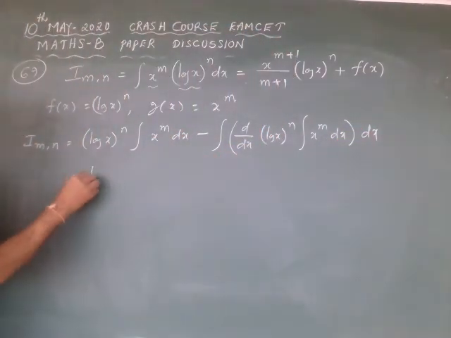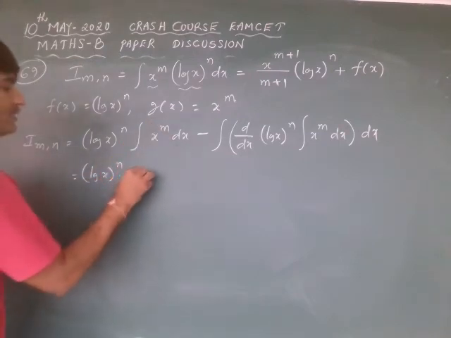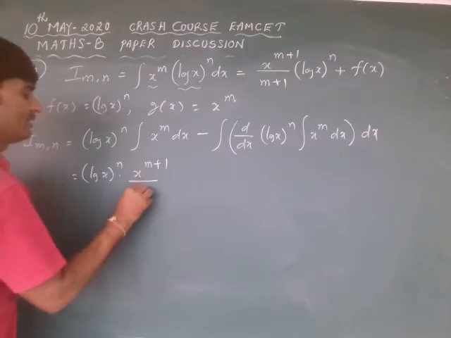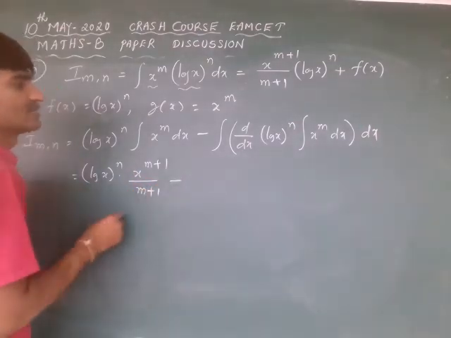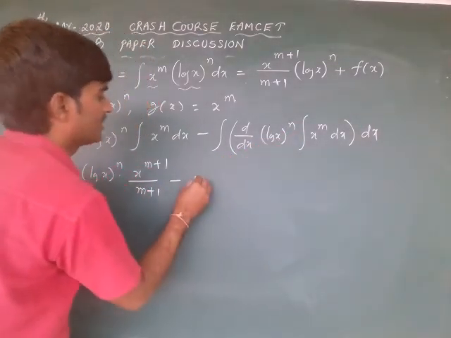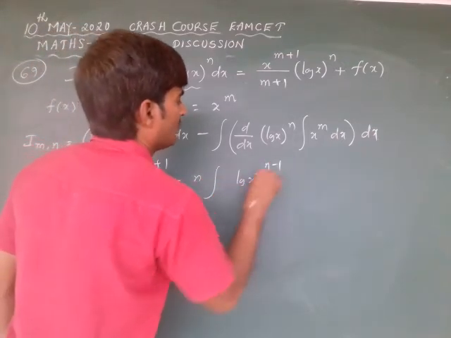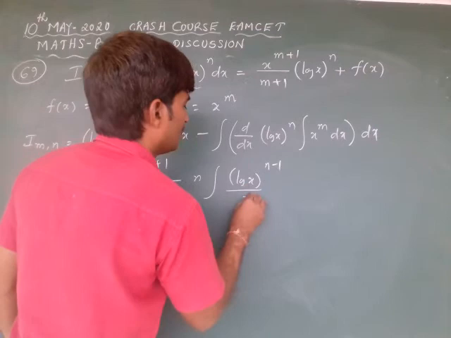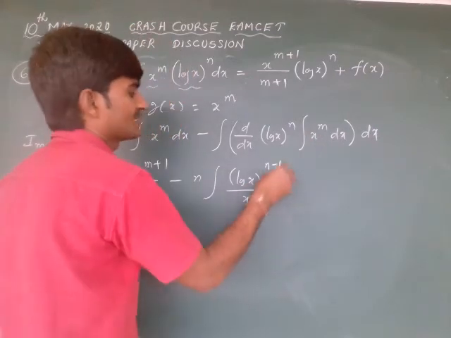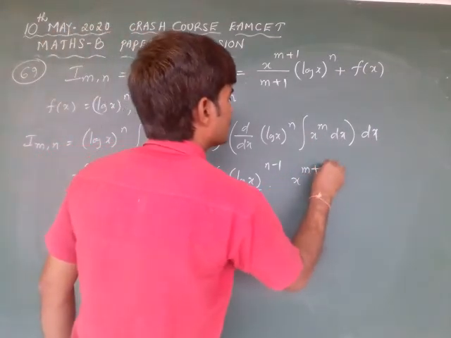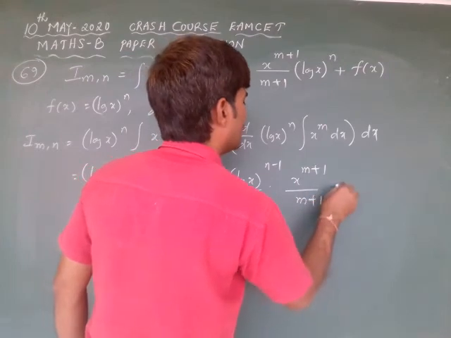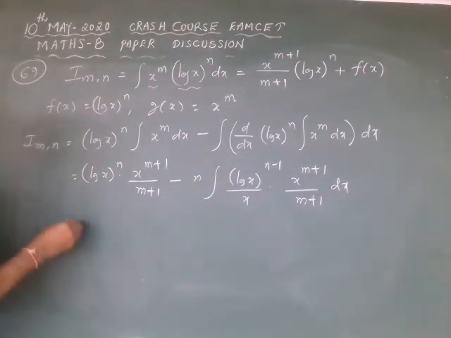On simplifying, it is log x whole to the power of n into integral x power m plus 1 divided by m plus 1 minus derivative of log x whole power n, integral log x whole to the power of n minus 1 by x into integral x power m plus 1 divided by m plus 1 dx,